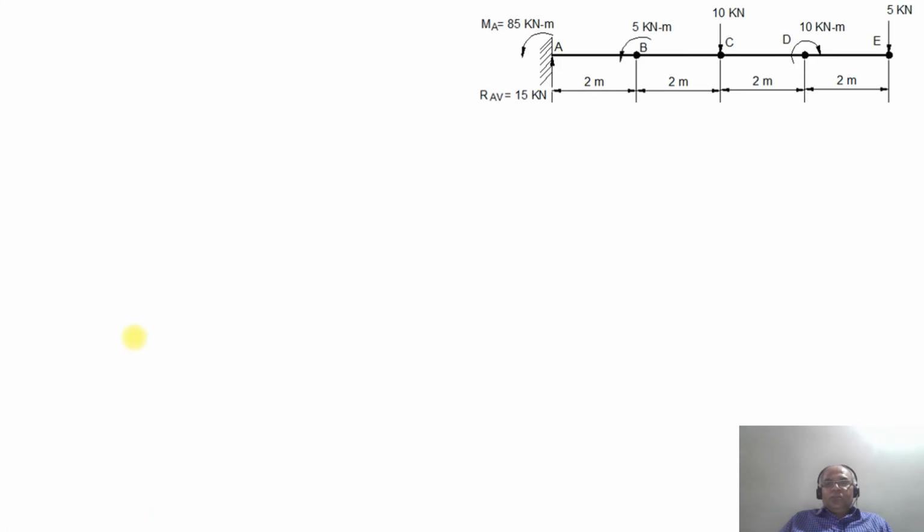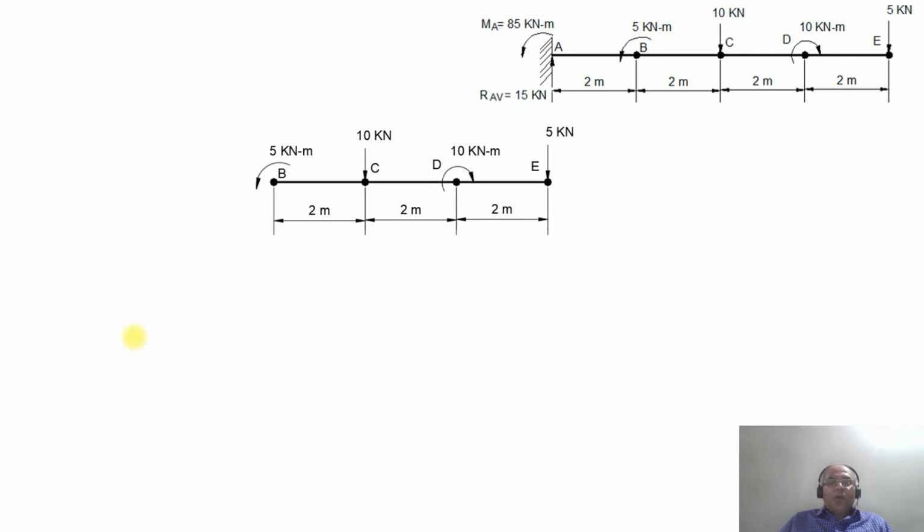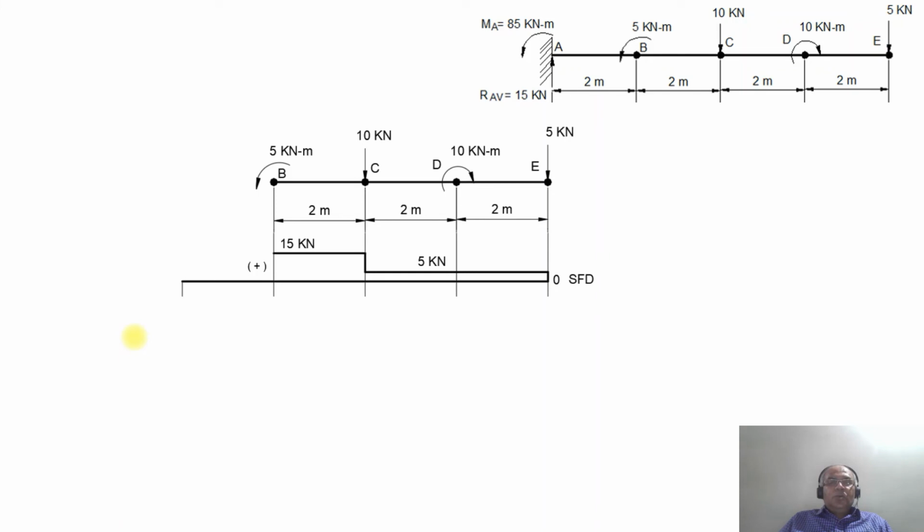Now, for the last one, when you are considering the couple there, what happens? Since we are considering the couple, there is no change in the shear force diagram, because the couple does not have any effect on the shear force. Therefore, the shear force diagram between C and B remains constant at 15 kilonewton. But when you consider the couple, what will be the bending moment at the point B? The bending moment at the point B will be equal to